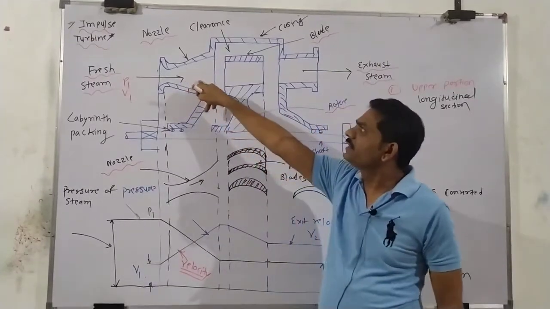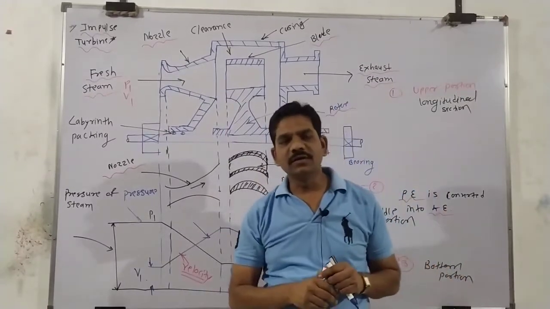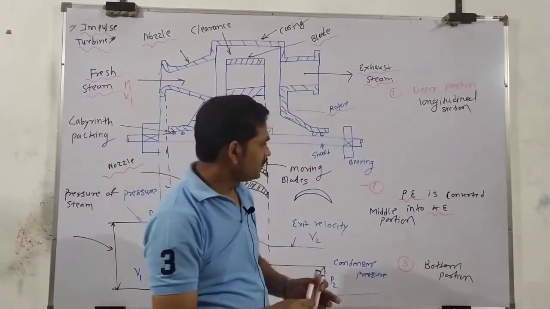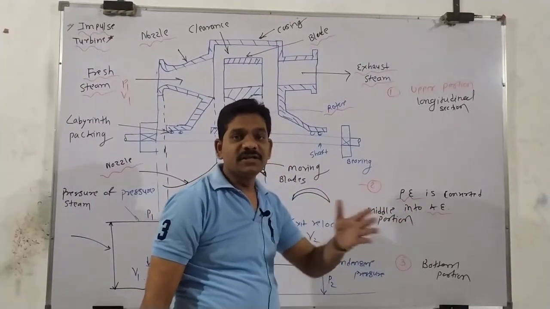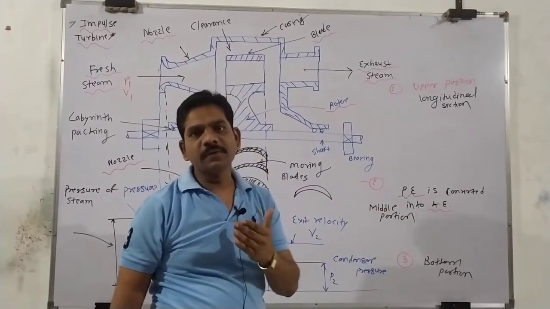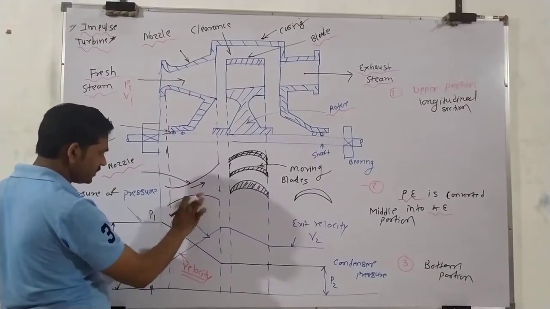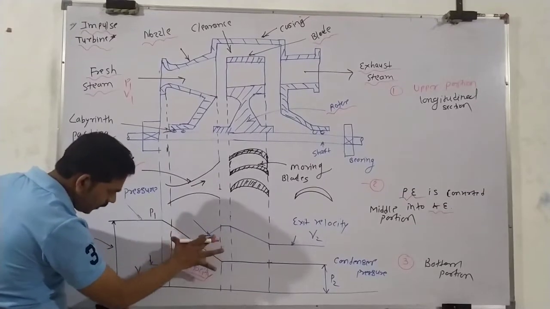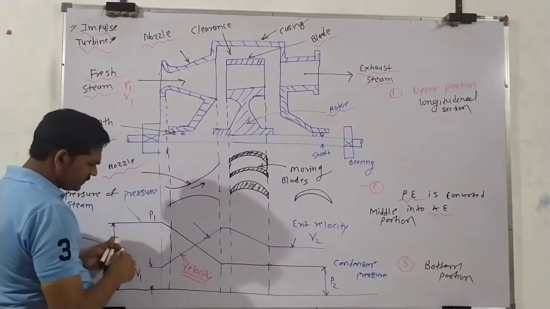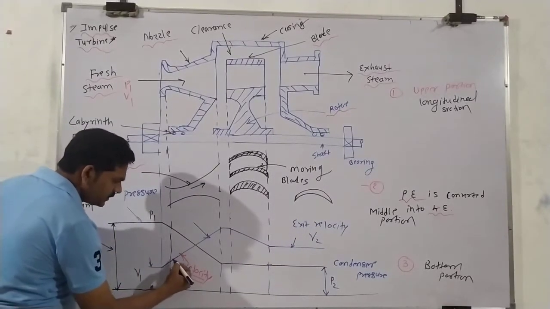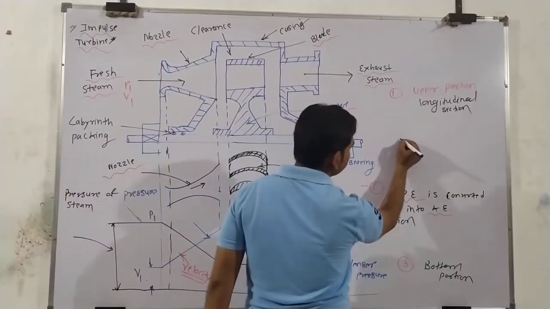This fresh steam enters a nozzle, right? Whenever the steam enters a nozzle, what happens? The definition is that pressure energy is converted into kinetic energy. This is the definition of a nozzle, and we already learned it in detail in our previous units. So what is the effect when the steam passes through the nozzle section? This portion is the nozzle. If you observe this graphical representation of velocity and pressure, you observe the velocity graph in increasing order. The velocity of the steam increases.